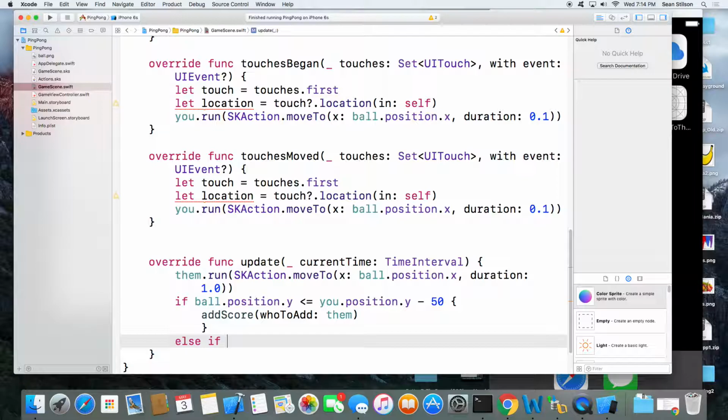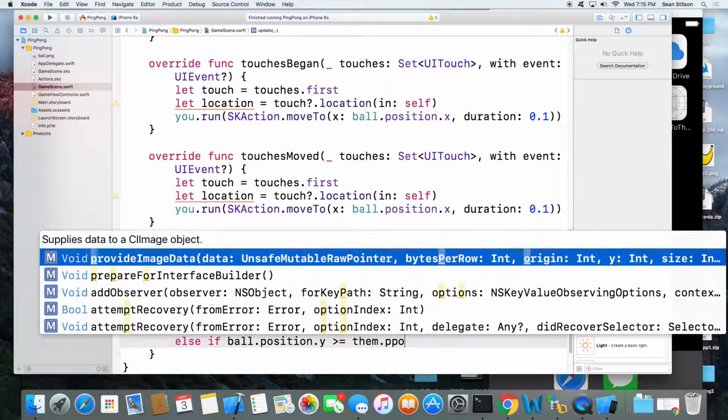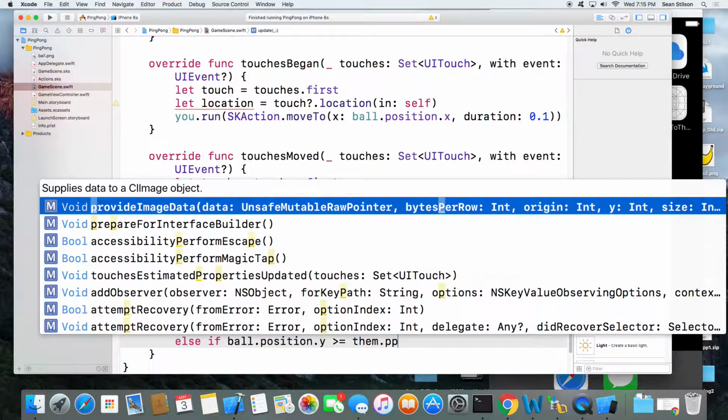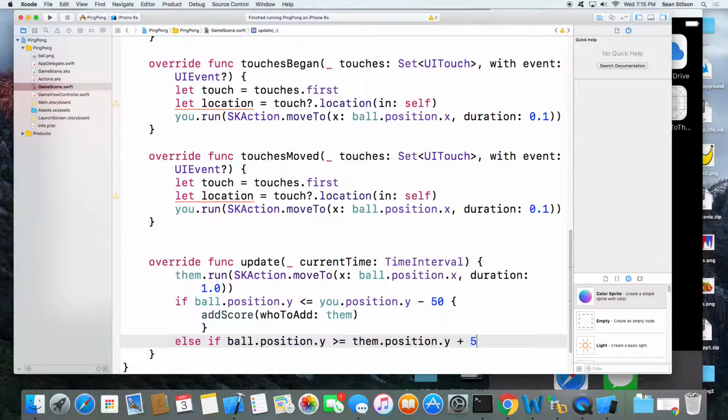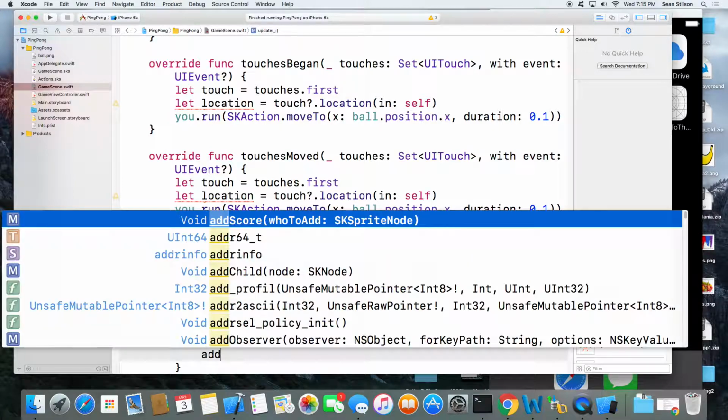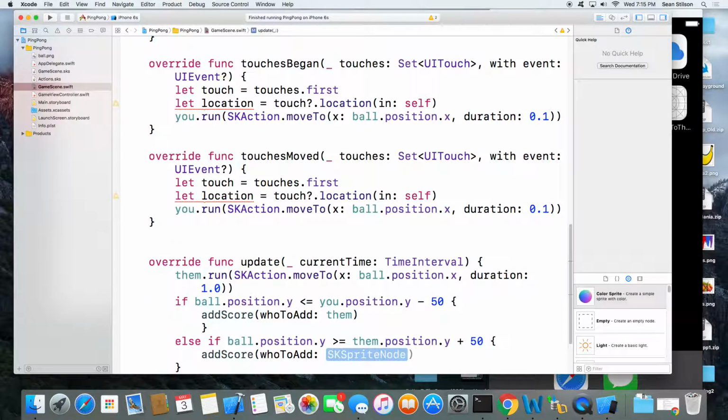And then we can say else if ball.position.y is greater than or equal to them.position.y plus 50, addScore, passing in us.